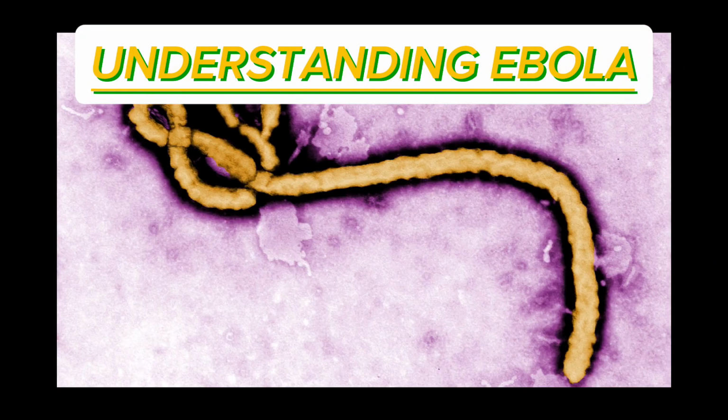In addition to the West African outbreak, Ebola has affected other countries, including the DRC, which has experienced multiple outbreaks in the years following the 2014-2016 crisis. The virus's ability to spread through local communities, combined with the challenges of controlling it in areas with limited infrastructure, has made the management of outbreaks a complex and ongoing challenge.